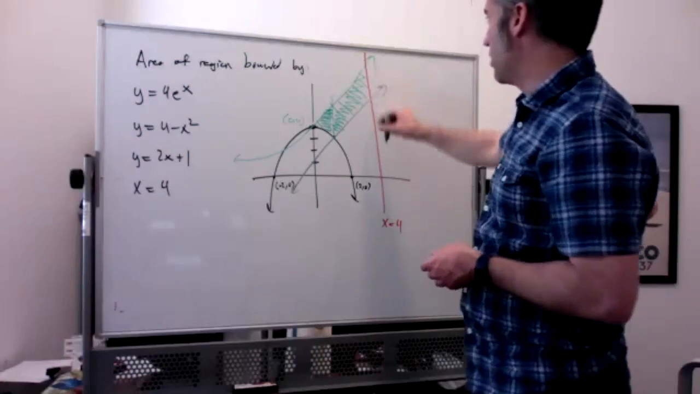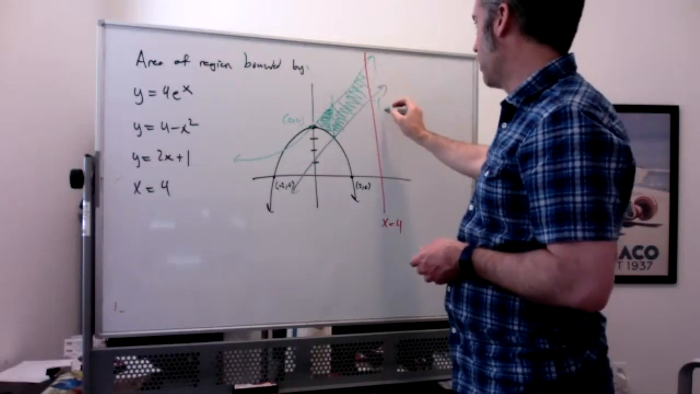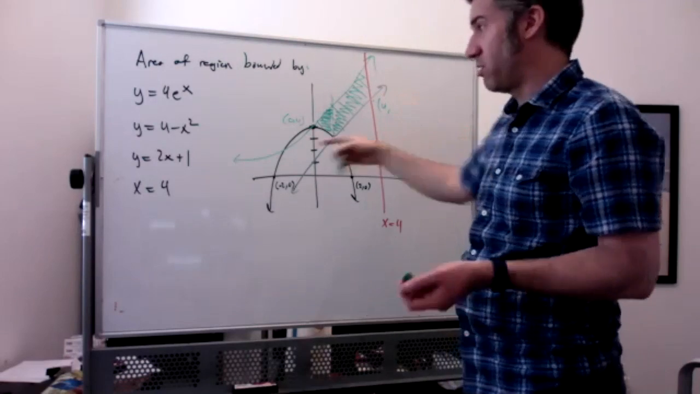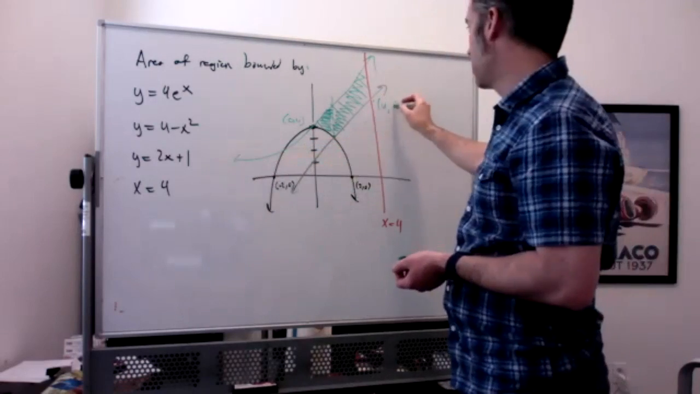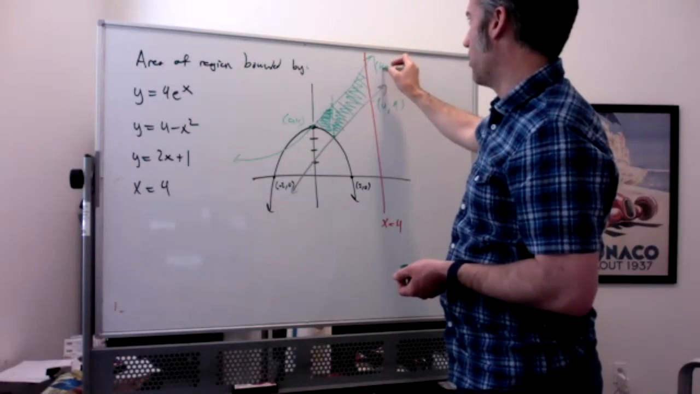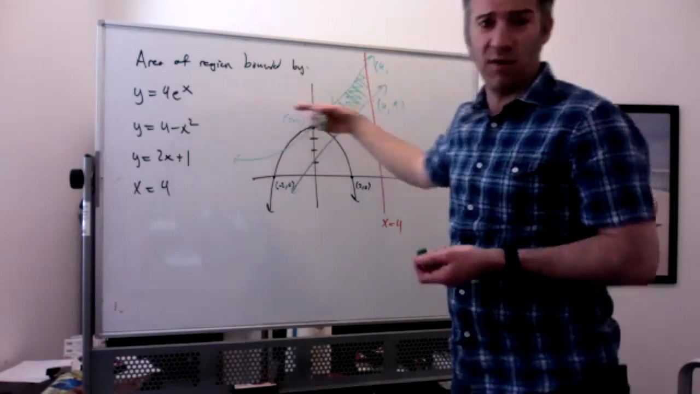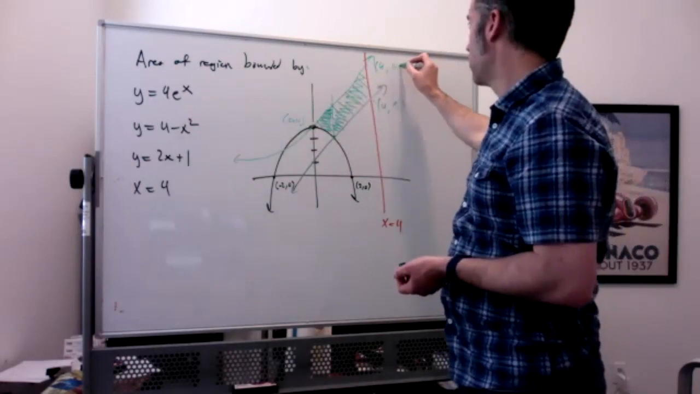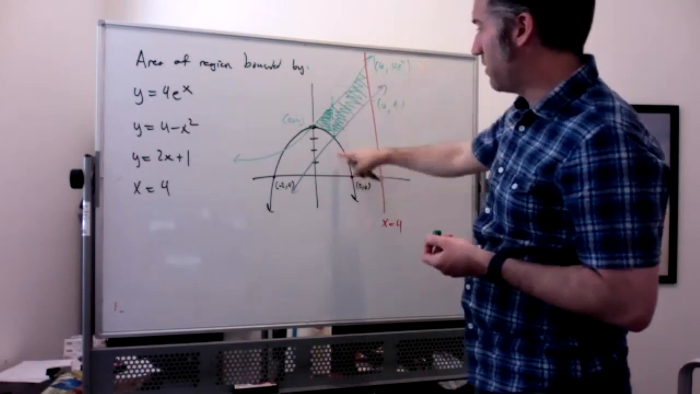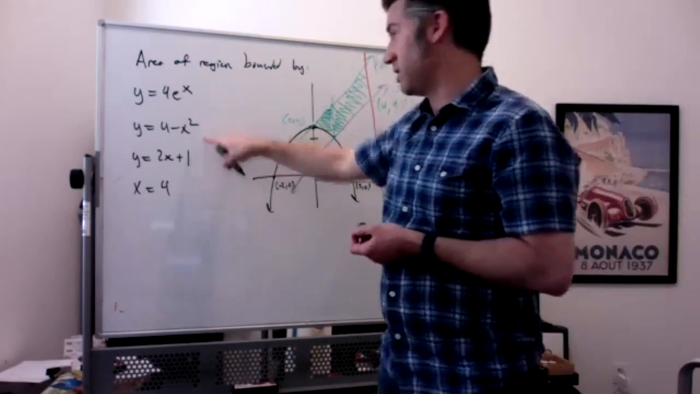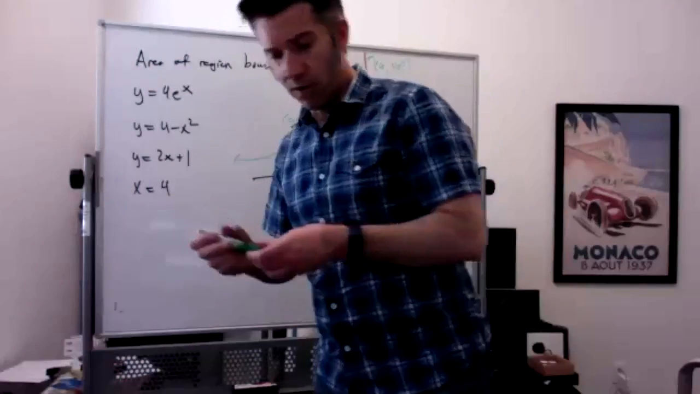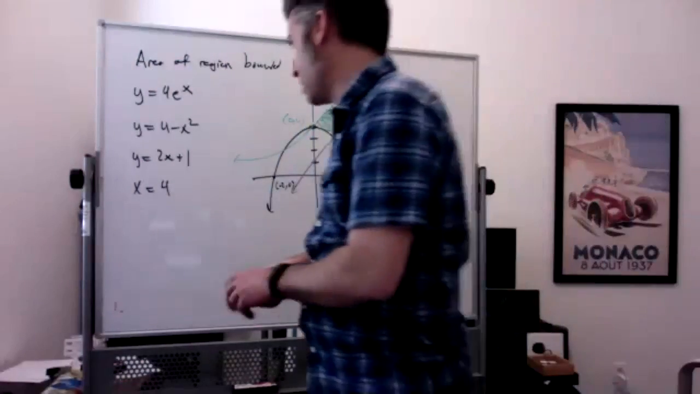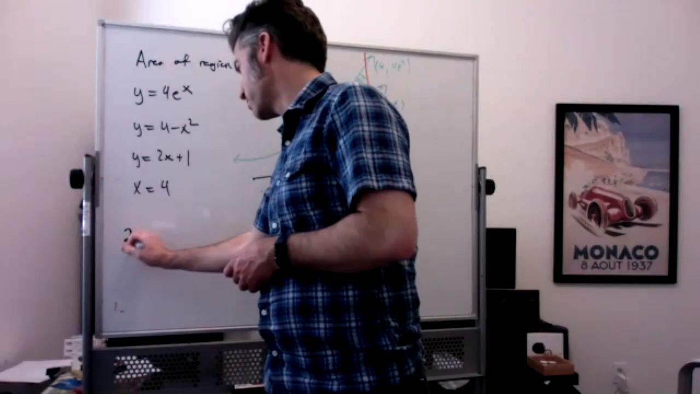And then we know that these ones over here intersect at x equals 4, so at (4, 9) I guess, and (4, 4 times e to the 4th), which is really large. But we need to find that point there. So we need to set this and this equal to each other. So if I set 4 minus x squared equal to 2x plus 1,